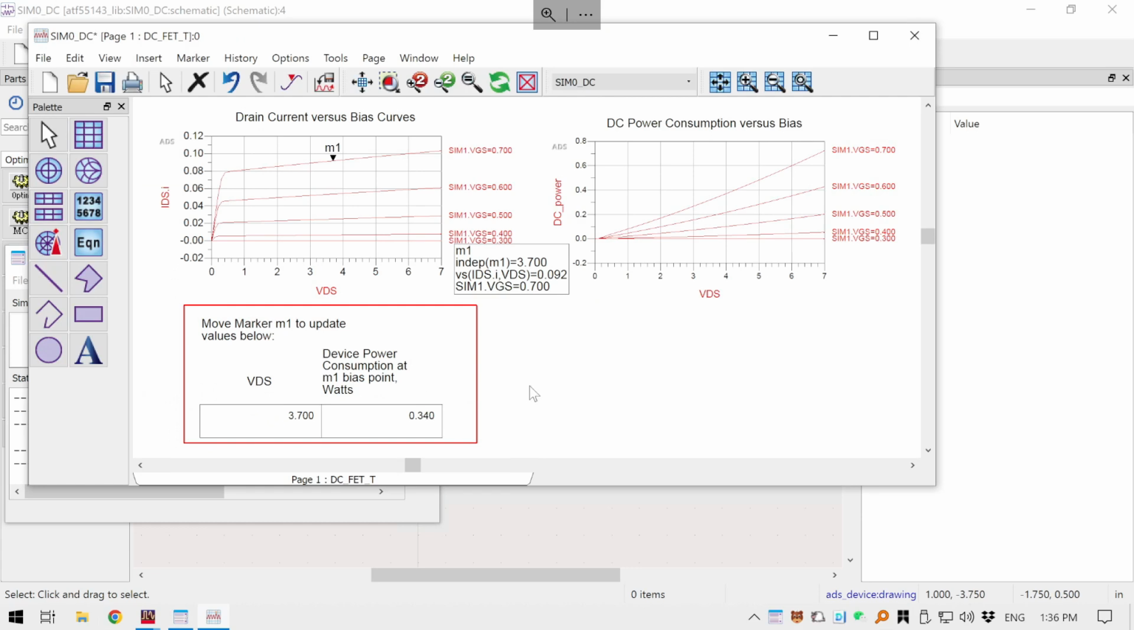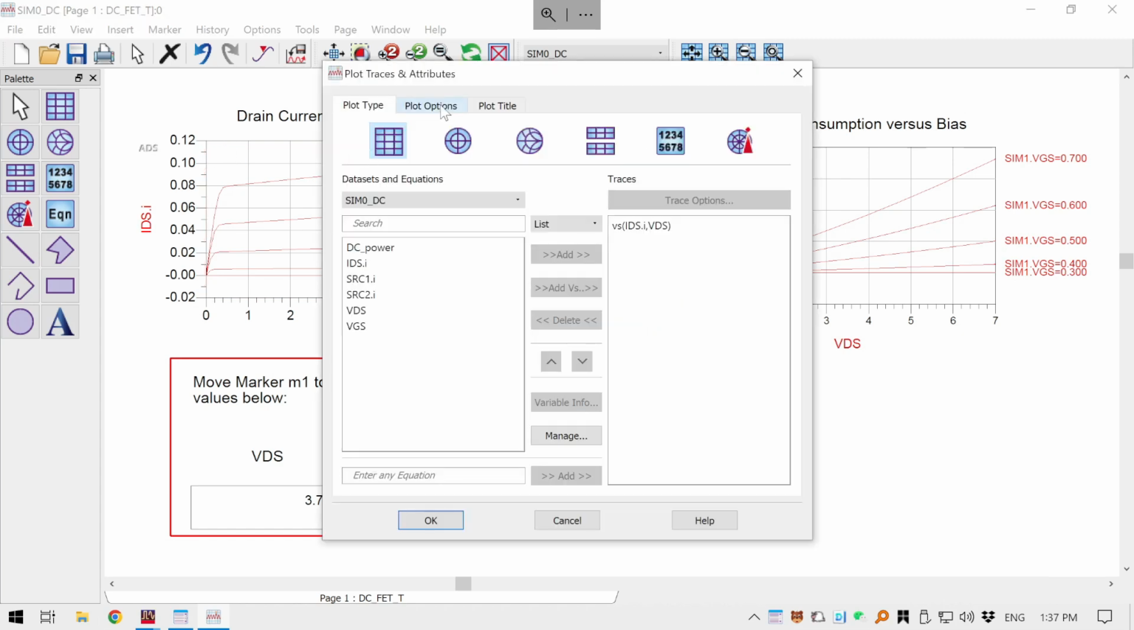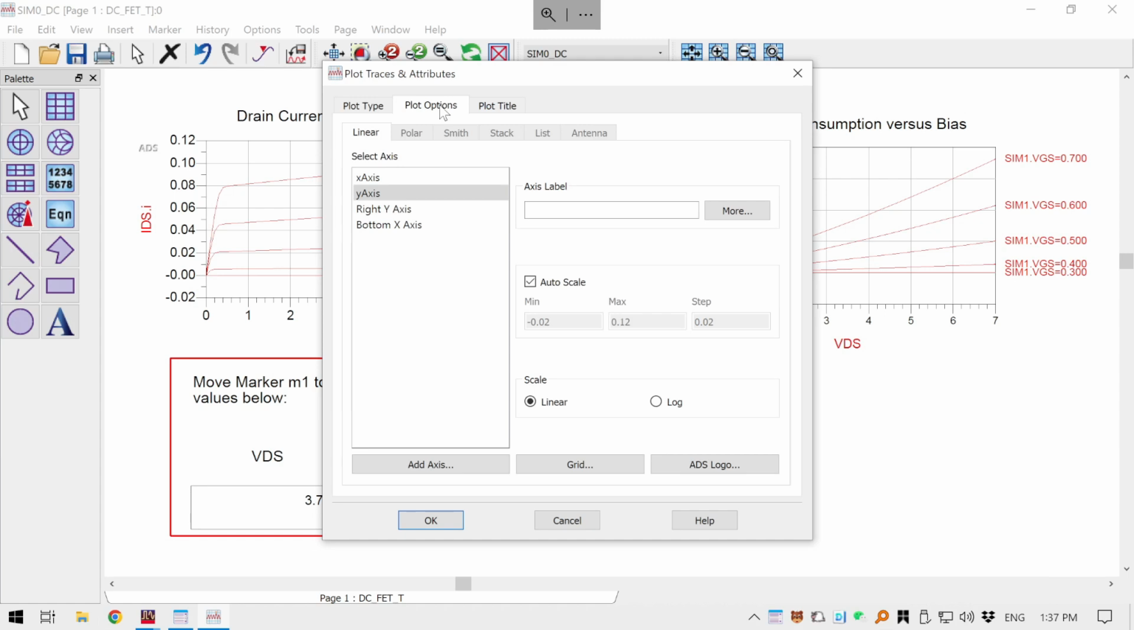And with it to finish, it will automatically pop up a result window. In the result window, we can see the first figure, which is the drain current over bias of VDS and VGS. So we can double click this plot, and we want to change the Y scale to match the datasheet. On the Y-axis, we disable the auto scale, and we plot this curve from 0